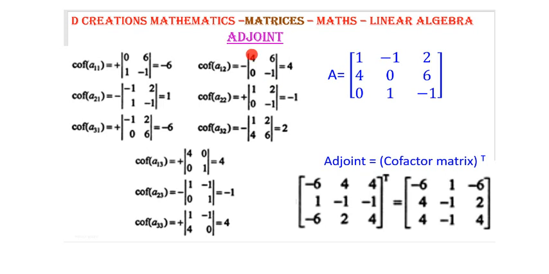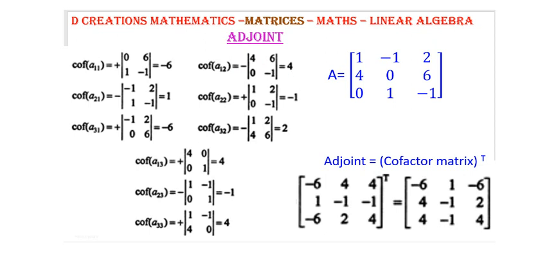Just minus 4 here because this product is anyway 0. And then this sign will be there because it's A12. 1 plus 2 is 3. Minus 1 raised to 3 is minus 1. So the sign has to be minus. So you get here minus 4, but multiplied with the minus sign, it gives you back plus 4.